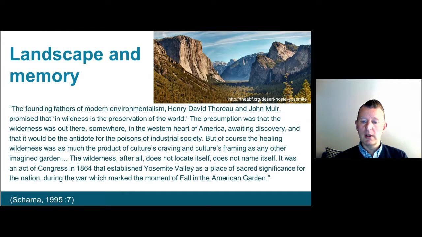The wilderness, after all, does not locate itself, does not name itself. It was an act of Congress in 1864 that established Yosemite Valley as a place of sacred significance for the nation. And Schama points out that was during the Civil War, which marked the moment of fall in the American garden. He's using a biblical reference there to refer to the fall of man in the garden. But what he's really saying is, while some people, there's a picture of Yosemite here,